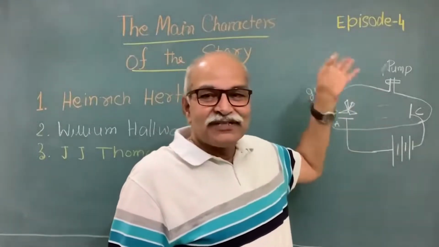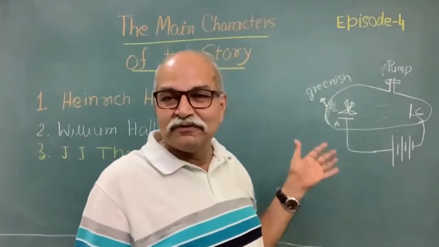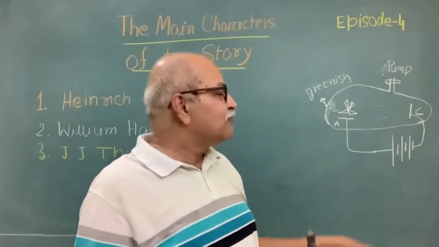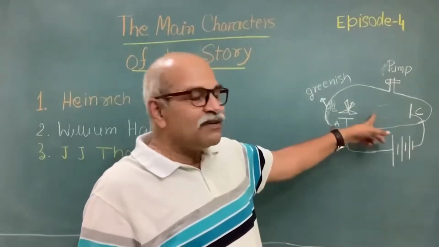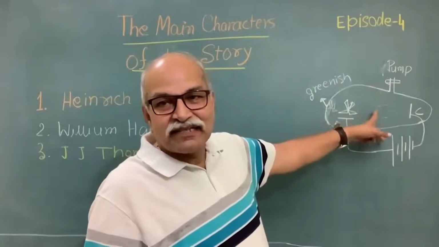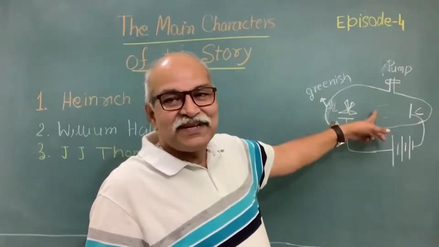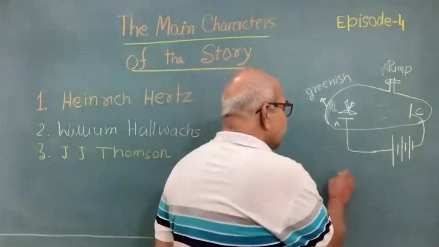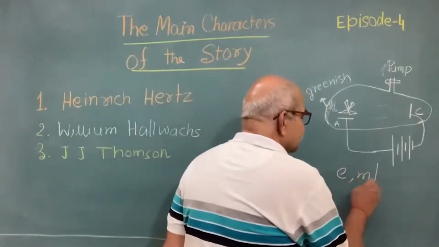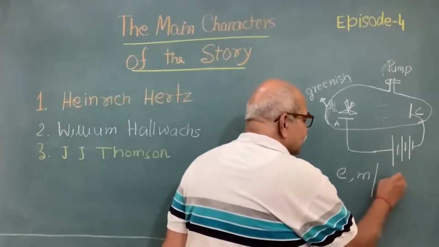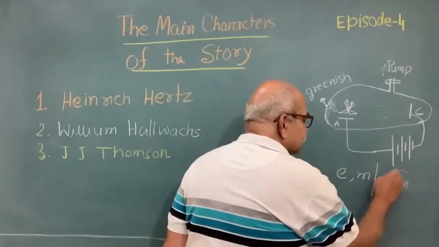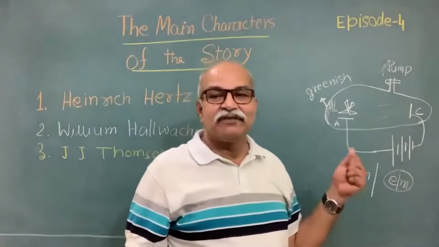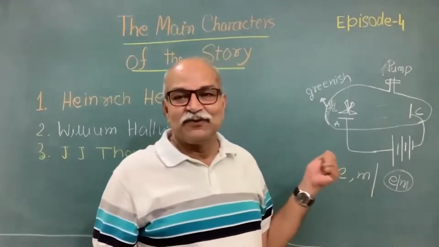So when he reduced the pressure to very low values, he found that it can be deflected by electric field and by magnetic field, and from the calculations he established that it has a certain charge and a certain mass, and from that experiment an e/m could be calculated, and that was the characteristic of those